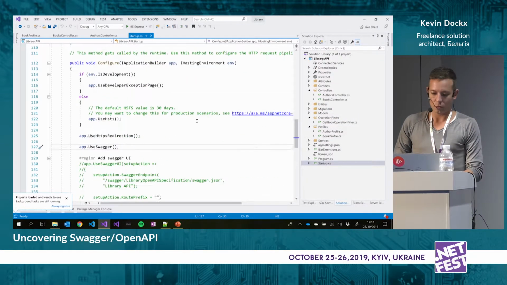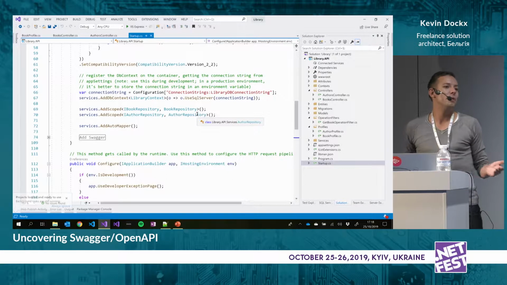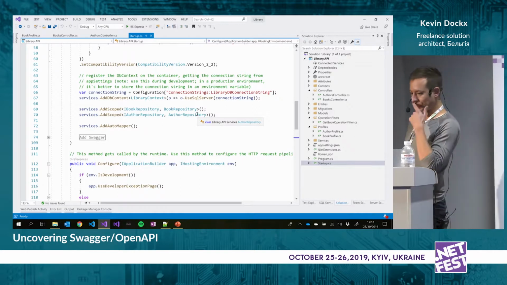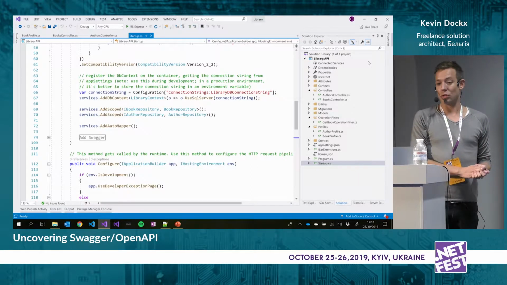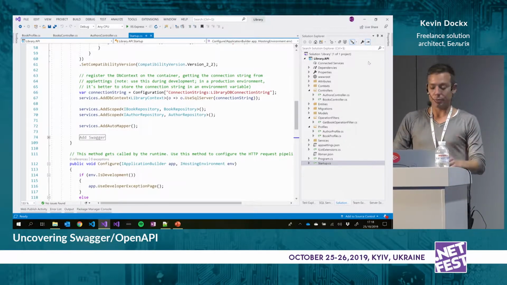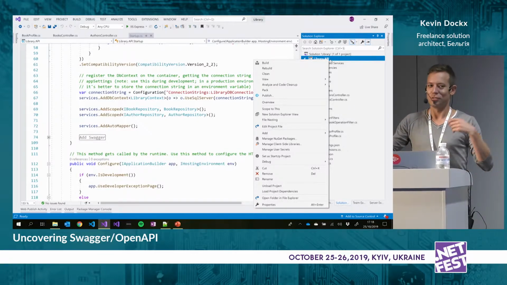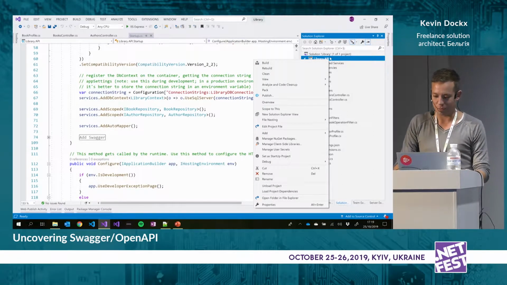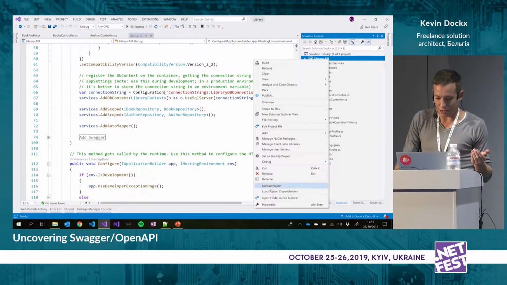All right. I'm going to start at the very, very beginning. This is a simple API that exposes some books and authors. Nothing special about it. It has an authors controller and a books controller, obviously, and it's an ASP.NET Core API. Pretty simple. I want to add Swagger to it. So I want to add OpenAPI support to it. See, for me, I also switch Swagger and OpenAPI, and I think it's never going to clear up in my head. So the first thing you want to do to get this up and running is, let's have a look at the NuGet packages,